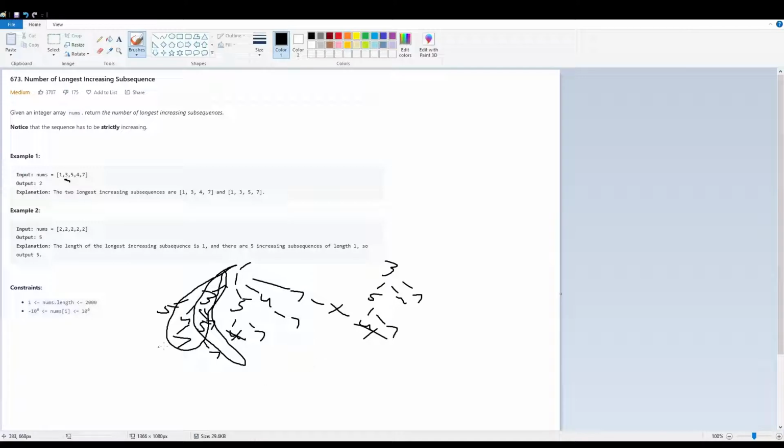Calculating all the branches of this decision tree would be exponential time, and that takes too long. And we can see we have a lot of repeated work. If we're calculating the increasing subsequence of 5, we do that here, we do that here, we also do that here. So there's a lot of repeated work. But how can we reduce this repeated work? Well,